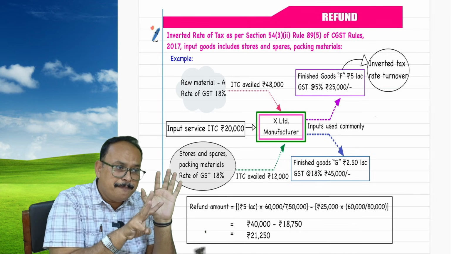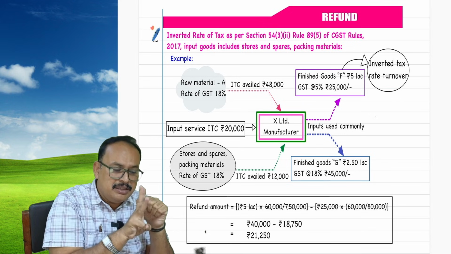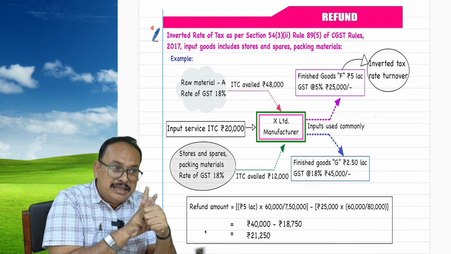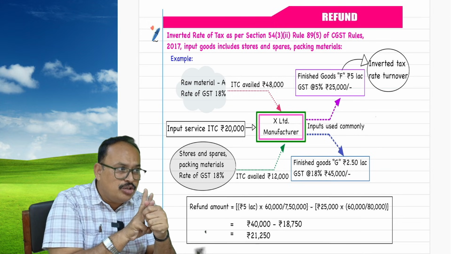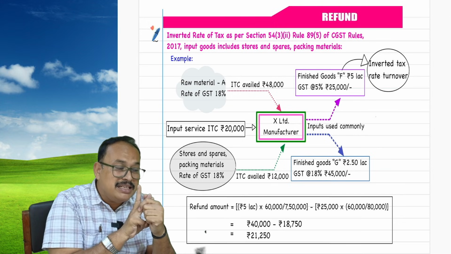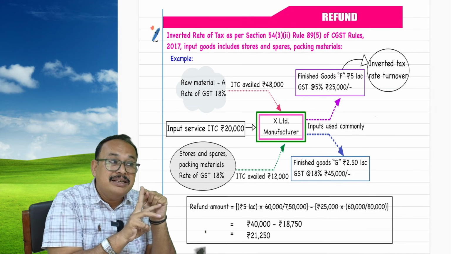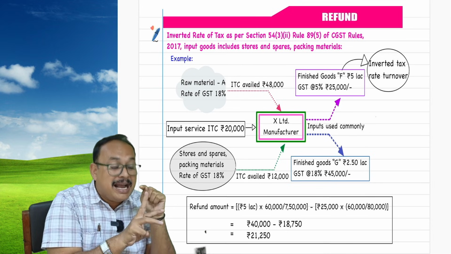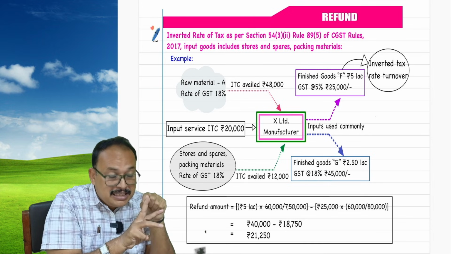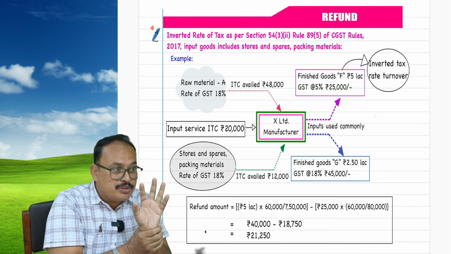Is that clear? 48,000 raw material, 18%, stores 18%, 12,000. So 48,000 plus 12,000 equals 60,000, which is my input tax credit on input goods. But do not add the 20,000 services tax as input services, that GST should not be added here. Net credit is only input goods,